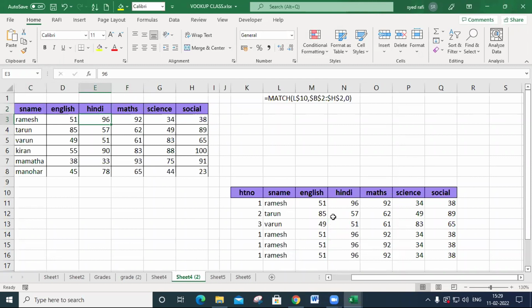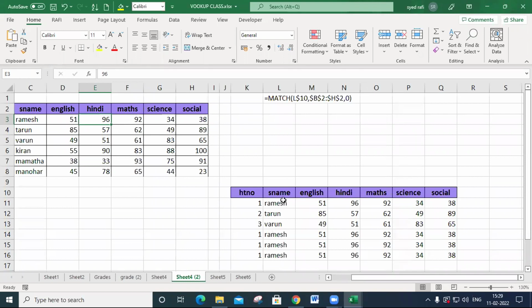It is converted into fully dynamic when you place the MATCH in VLOOKUP. If you change any heading, the data will also change here. If you insert any column, there is no problem in the retrieved data. So this is the VLOOKUP and MATCH combination.